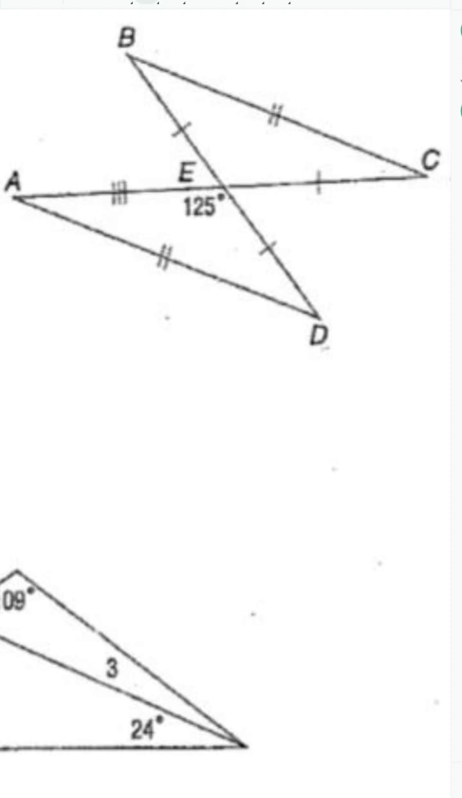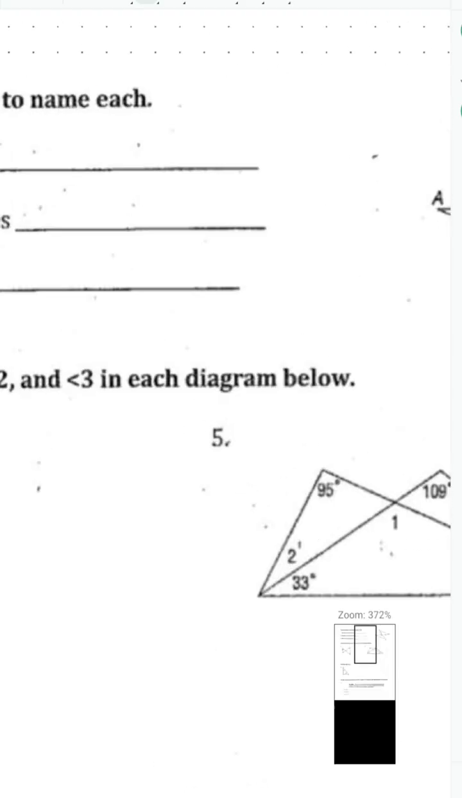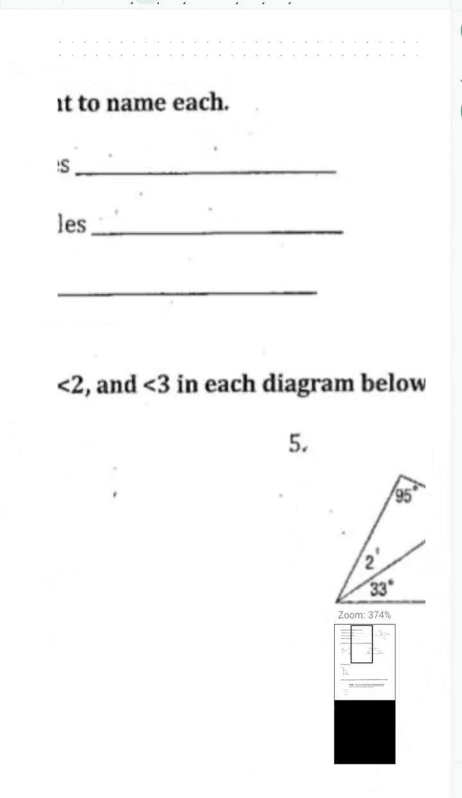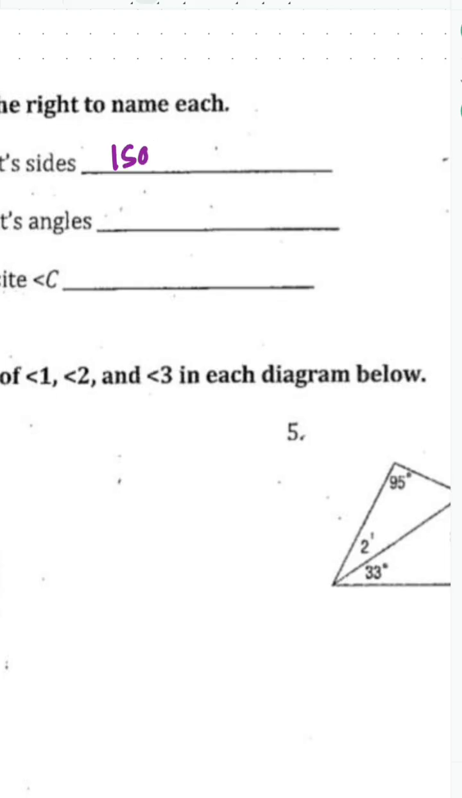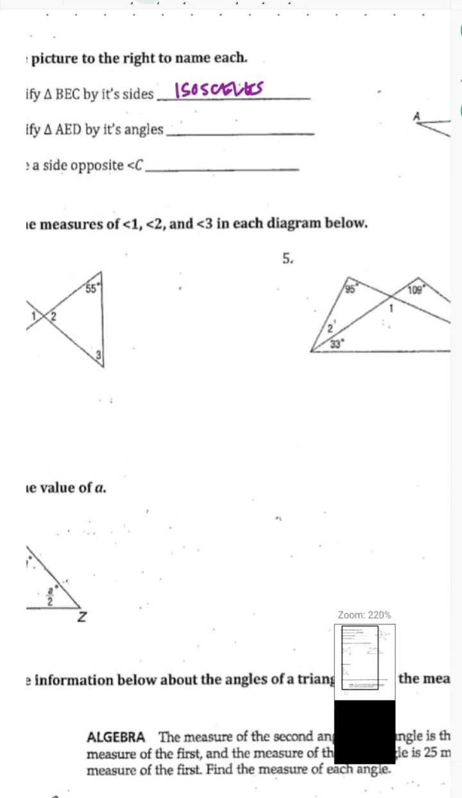By its side. So it's indicated here that this side is congruent to this side, right? So that means triangle BEC, the bases will also be congruent. So what kind of triangle is this? Okay, so you can answer isosceles. Then the next one, triangle